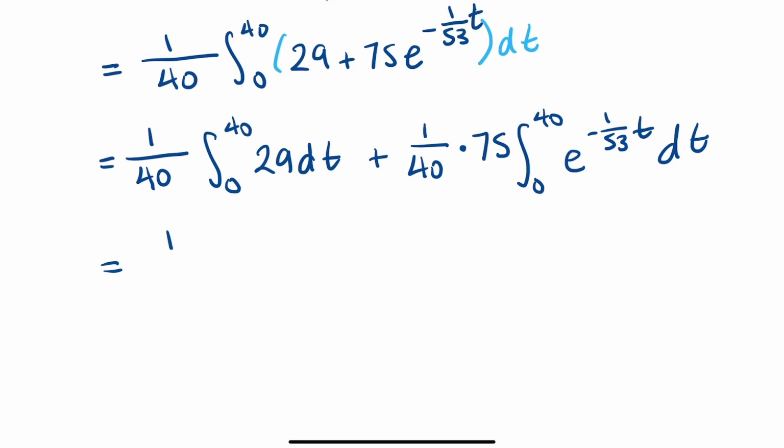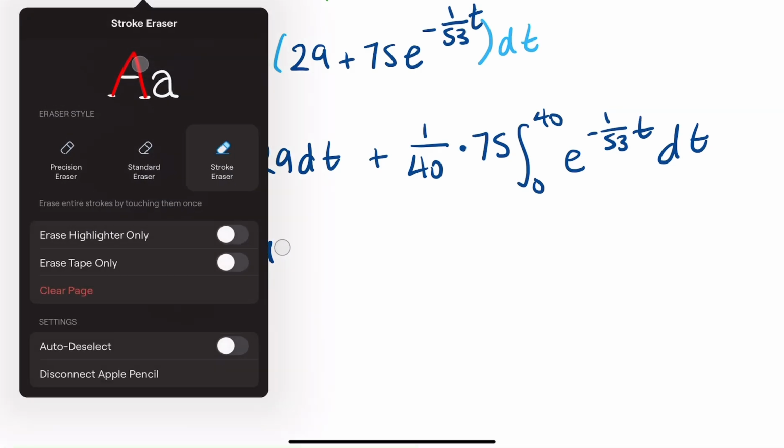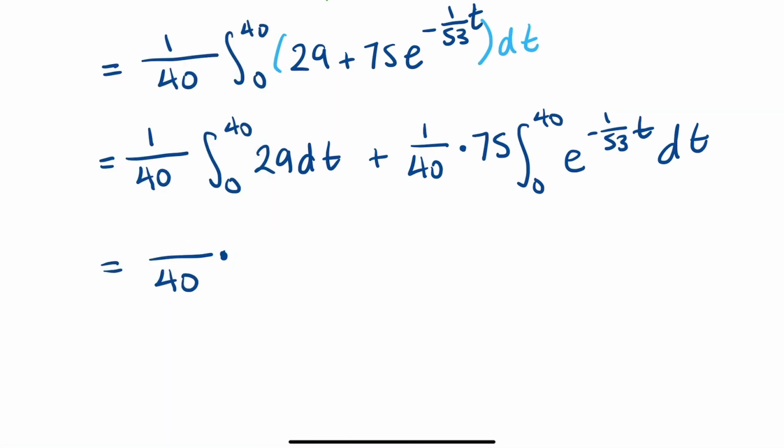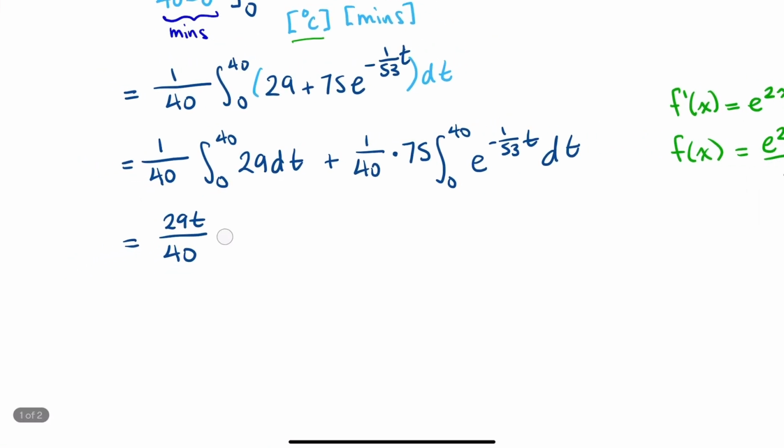So we're going to evaluate the integrals now. So 1 over 40 multiplied by the integral of this, which will just be 29t, because these are t values. And I'll just go ahead and move the 29t to the numerator. And this will be evaluated when t is equal to 40 and 0, minus the other integral,